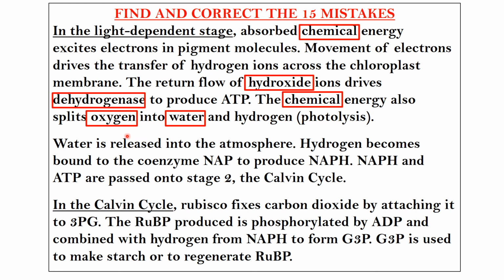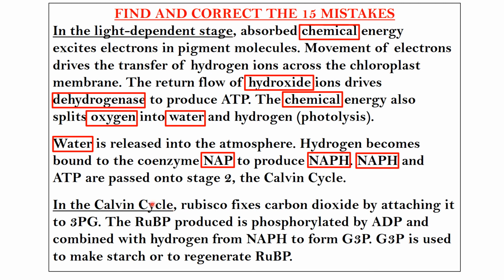Next paragraph, water is released into the atmosphere. No, it is not. Oxygen is released into the atmosphere. Hydrogen becomes bound to the coenzyme NAP, that's not right. That should be NADP. And then if you've found that mistake, then there's two more coming up, isn't there? So to produce, that should be NADPH, and then again, NADPH and ATP are passed on to stage 2,